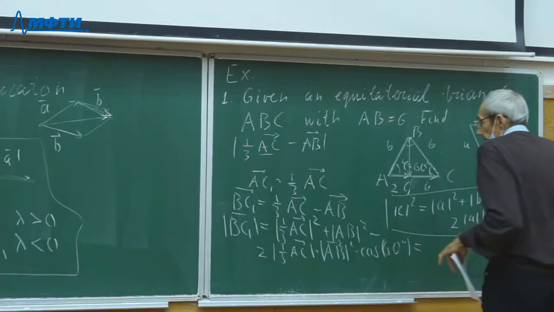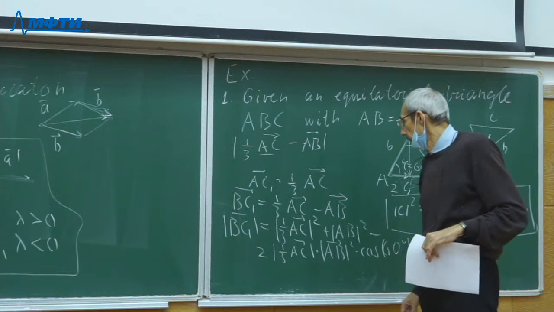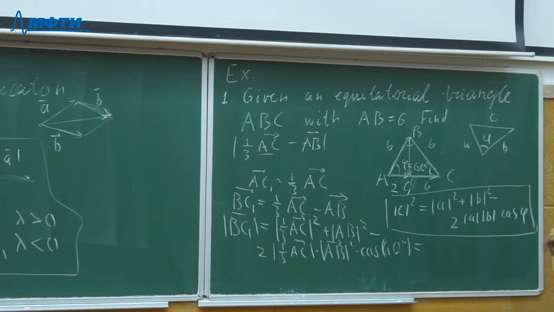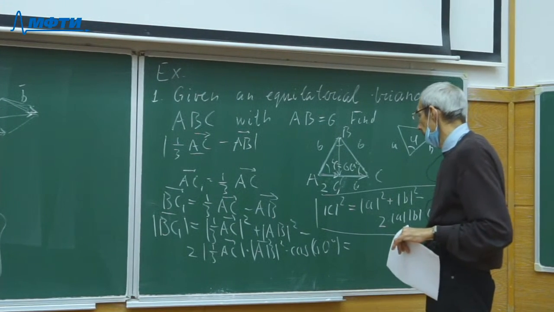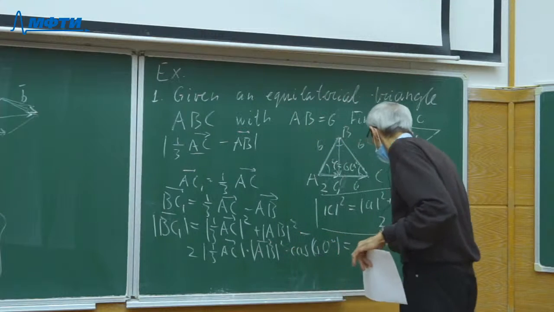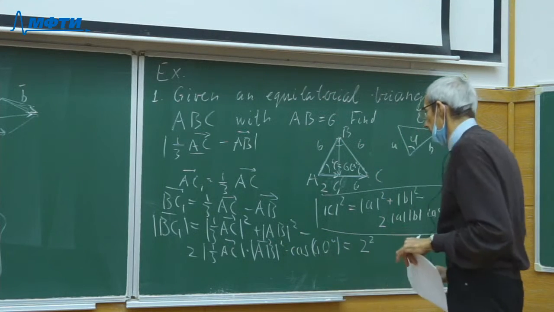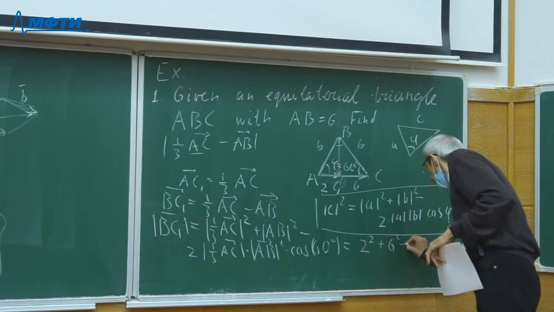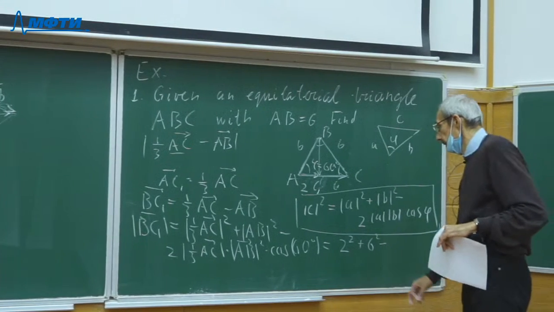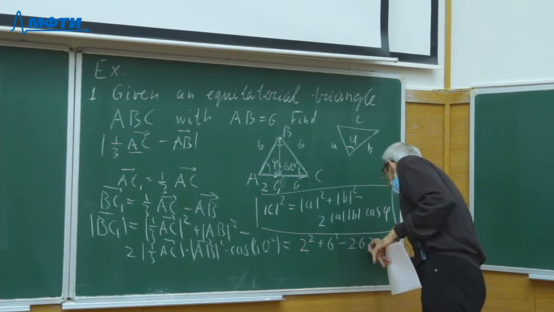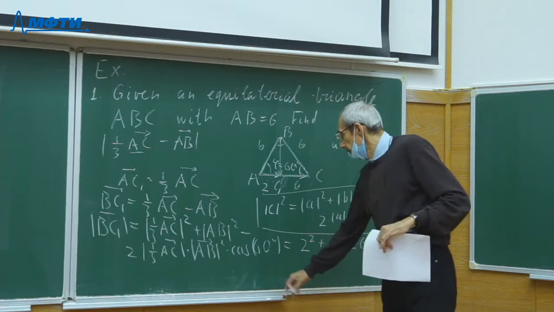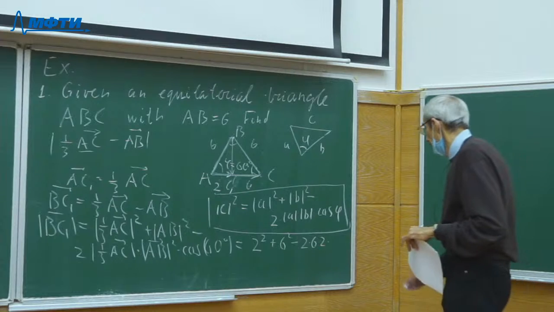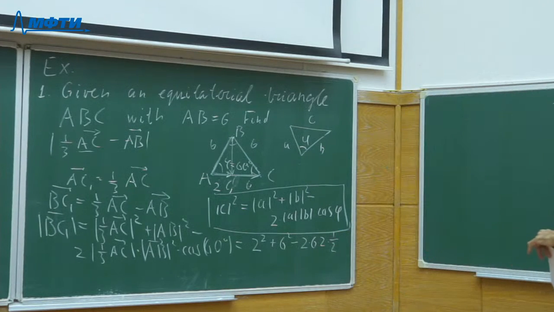And substitute: the length of the vector AC1 is equal to 2, the length of vector AB is 6, and twice the product of the lengths, 6 and 2, and as is well known, the cosine of 60 degrees is equal to one half, 1 over 2,